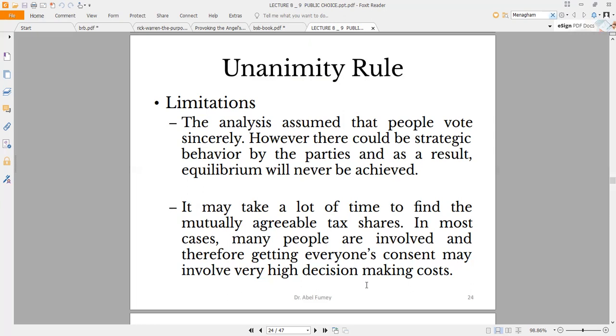Okay, so this is the unanimity rule and its limitations. In the next video, we'll look at the majority voting